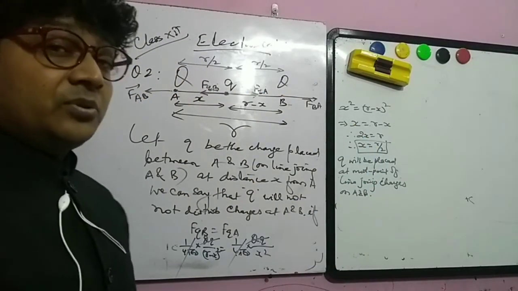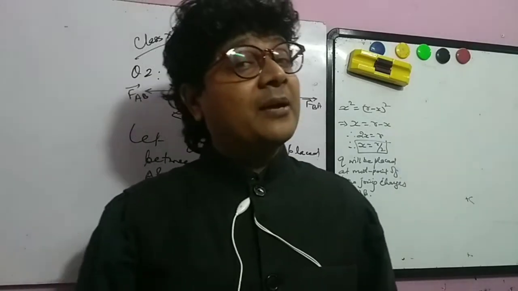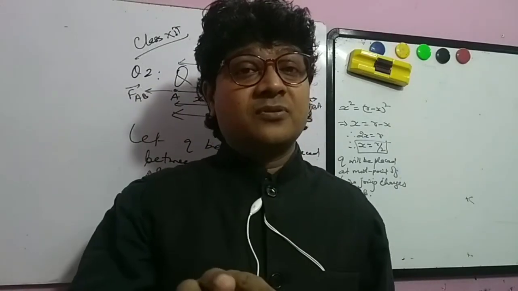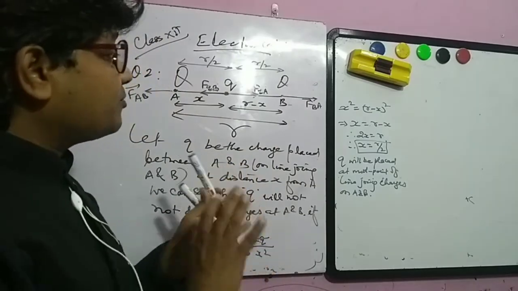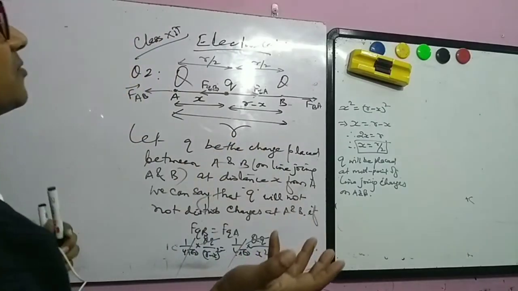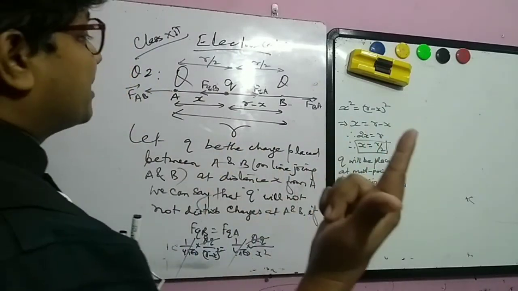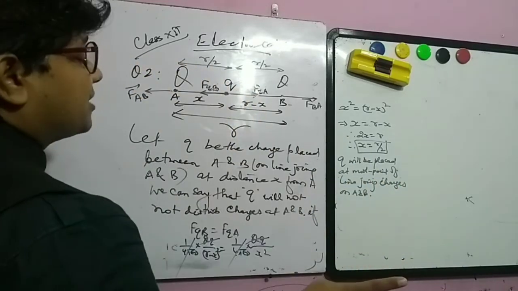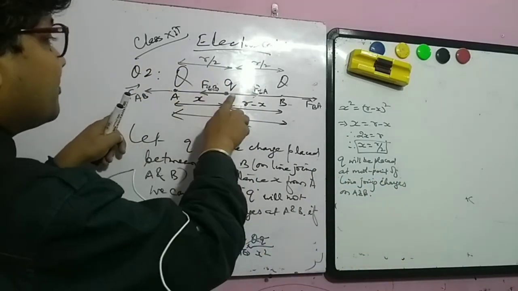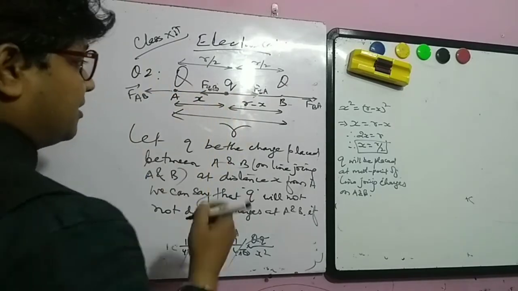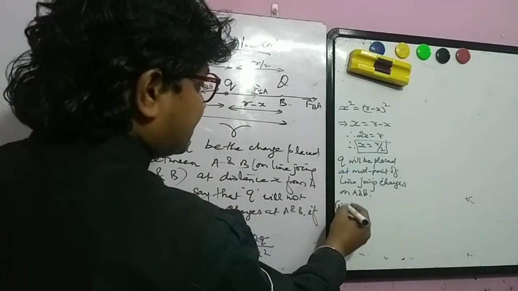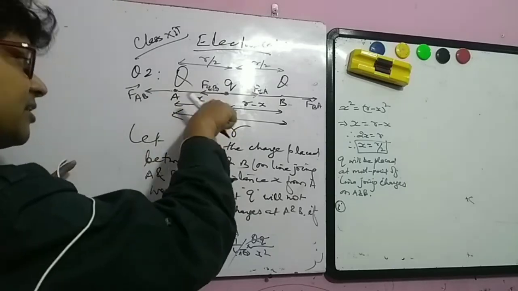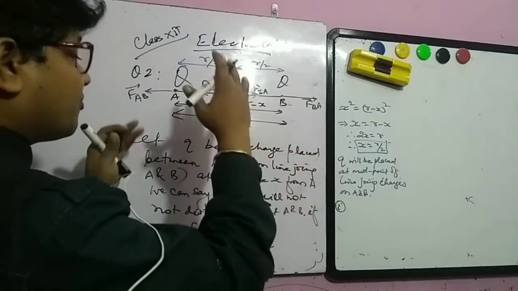Fine. Now second thing, we have to balance the force. This is the location, we have to balance the force. How will this force be balanced? So there are two cases. Q will be such that if it is balancing, there are two cases only. Case number one, we can say that it will be at the same position or it will be balanced.